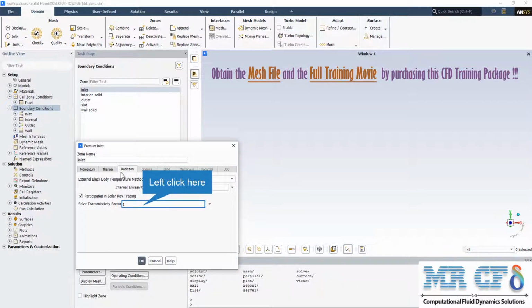For the boundary condition for the inlet, the type of boundary condition is pressure inlet. The pressure is equal to the atmospheric pressure, 1 atmosphere, and the temperature at the pressure inlet is assumed to be 300 Kelvin. About the radiation, this section contains the boundary conditions for the radiation model at the pressure inlet. The external black body temperature method and internal emissivity set the radiation boundary conditions when you are using some radiation models,